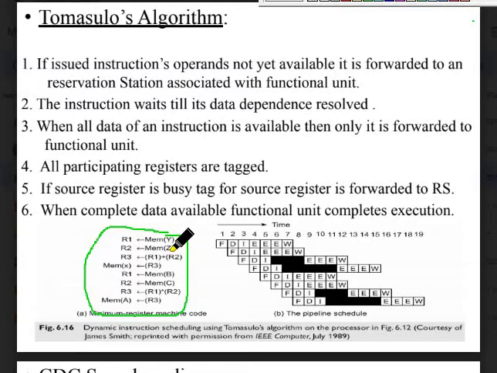Z, loading them onto separate registers R1 and R2. Whatever the values in R1 and R2, perform addition and keep the result in R3. Whatever the value in R3, we have to store in memory at the position of X. I think we have discussed the Y position, Z position, X position.